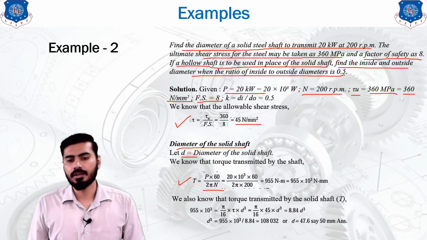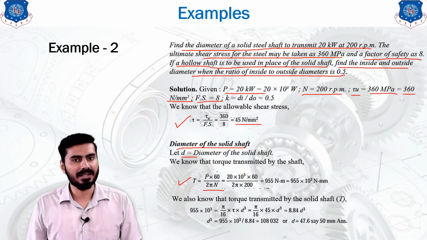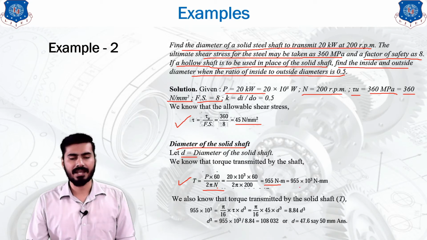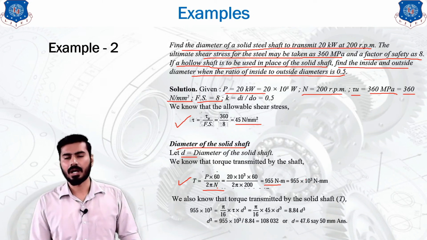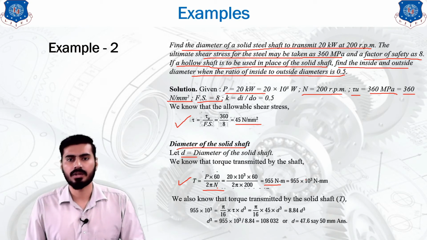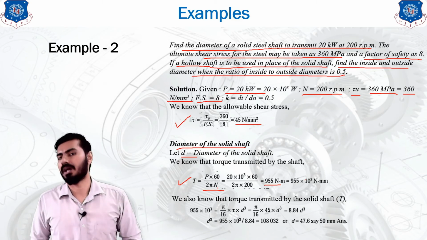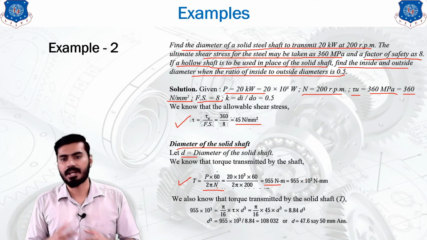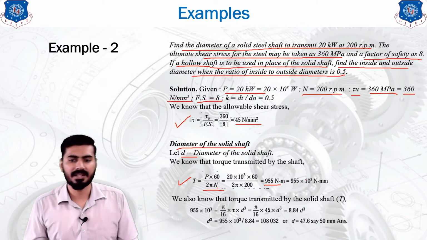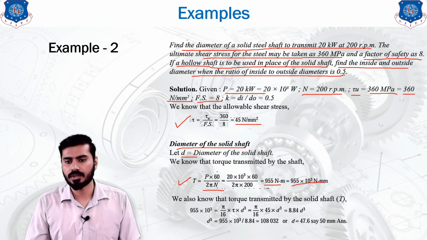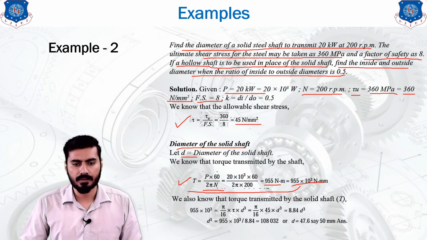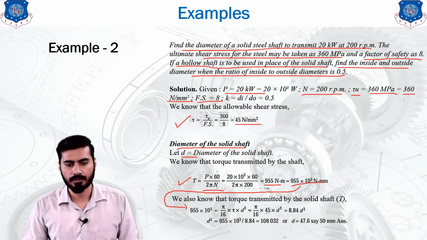Now put the value of power that was provided in the given data and n, that is 200, and if you put all these values, then you will get the answer as 955 Newton into meter. Again, this answer comes out in Newton into meter. We need to convert it into Newton into mm by multiplication of 10 raised to 3. So if you multiply it with 10 raised to 3, you will get the answer in Newton into mm, which is required. If you put this value of the torque in the equation of the design of the shaft,